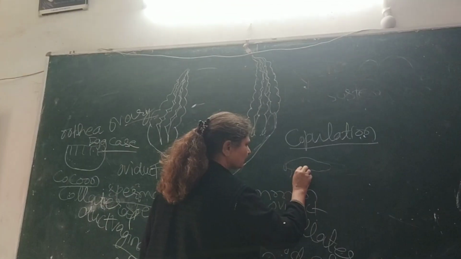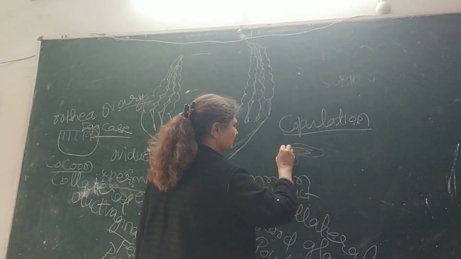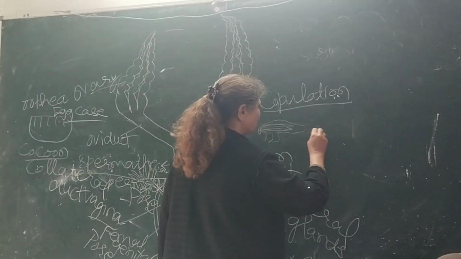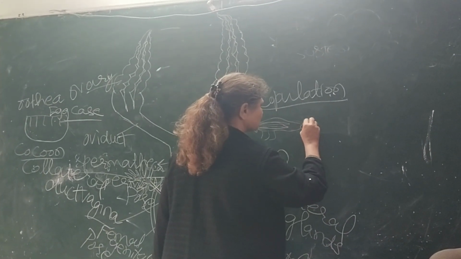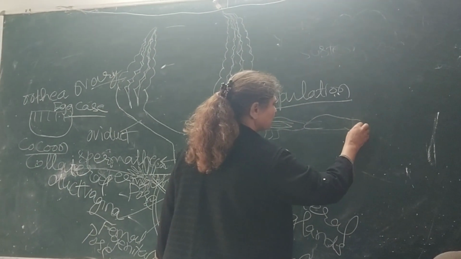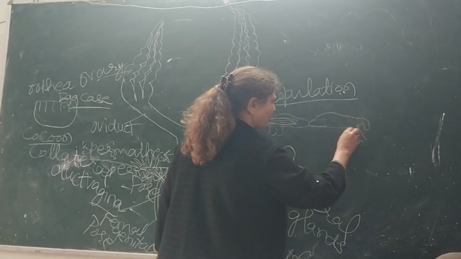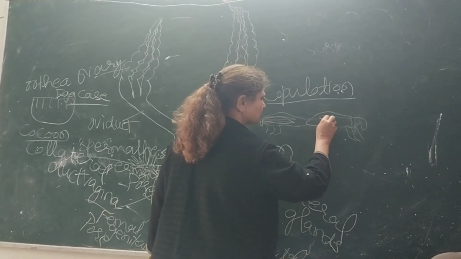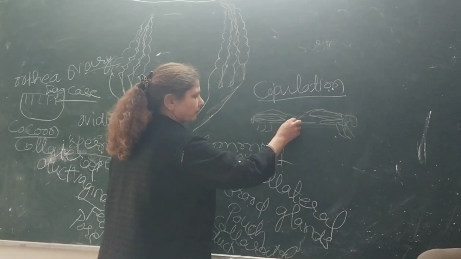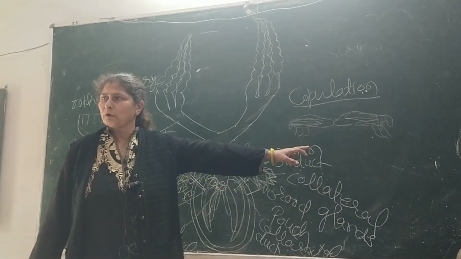These are the three pairs of legs, these are the wings. This is the male, and the other is the female cockroach. From the hind end, they come closer to each other, and there is the upper wing, which is hidden by the lower wing. This is the posture of the copulation.